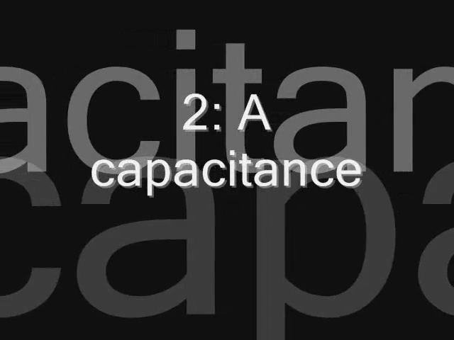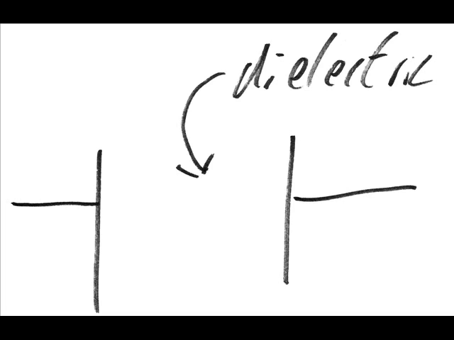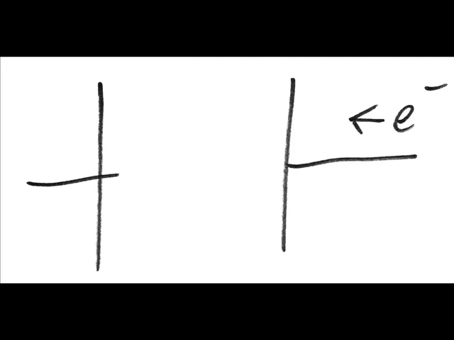A capacitor is a device whose most important element is the gap in the middle of the device. This gap is called the dielectric, and at its most simple, it is filled with air. It is this dielectric material that determines how much charge a capacitor can store.